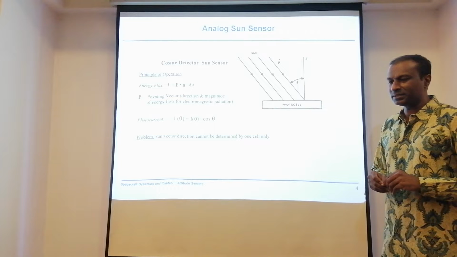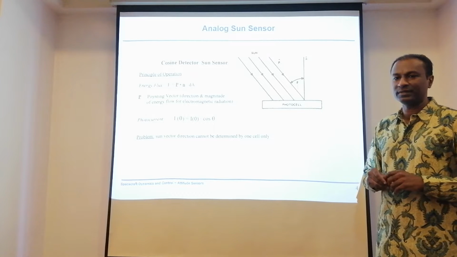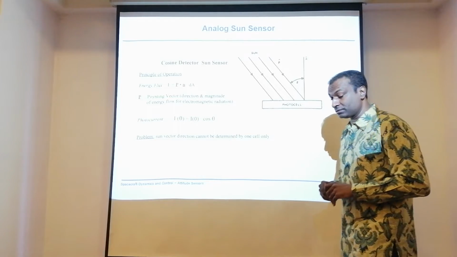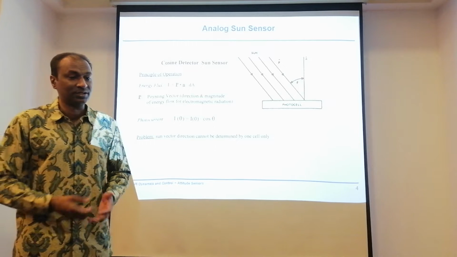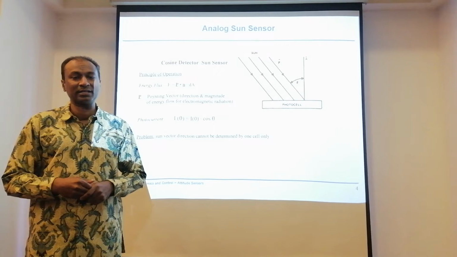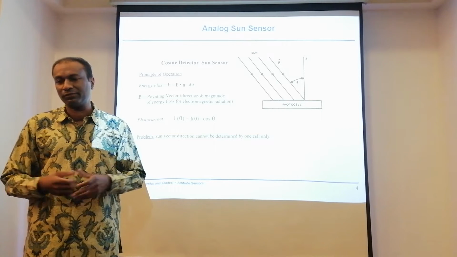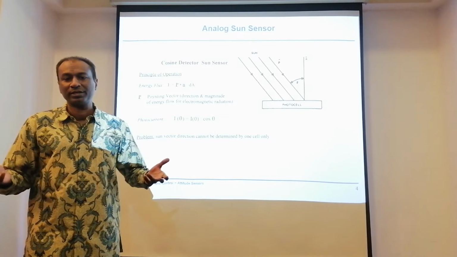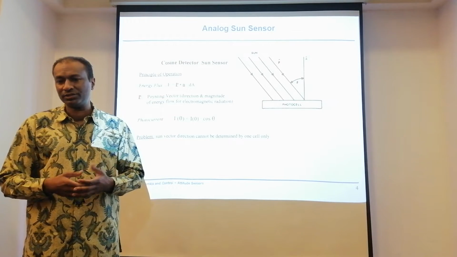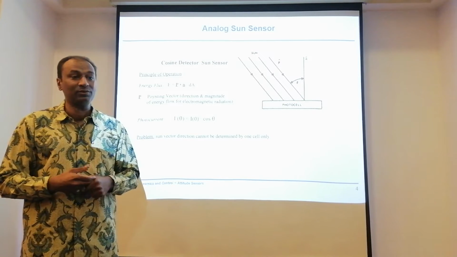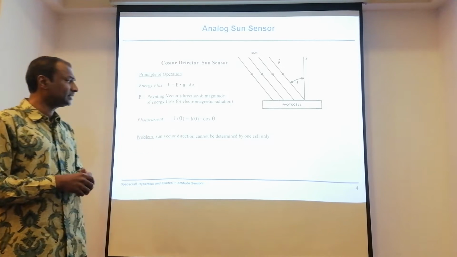Sometimes we say it's a cos sun sensor, just to get the direction of the sun. It works obviously in the sun phase, not the eclipse phase, because you need the sun. Just as we have learned in satellite technology, technically speaking you will have photovoltaic cells, and they are exposed to the sun, and then there is a build-up of voltage, and therefore you can say that you are facing the sun. Those are very simple sensors, I would say.